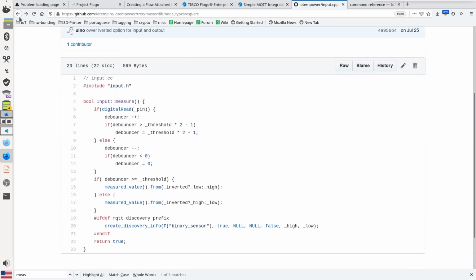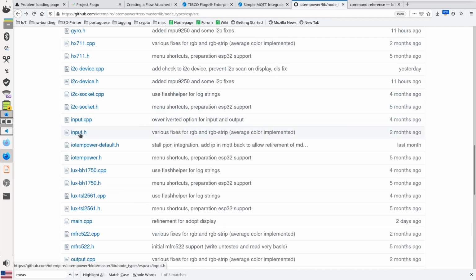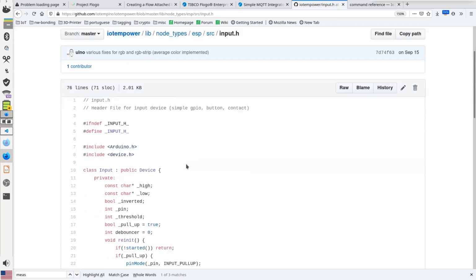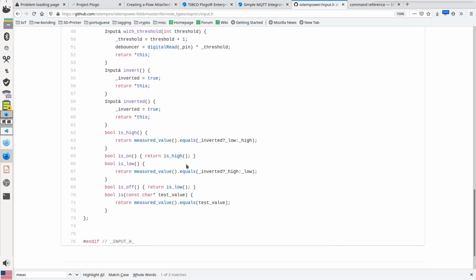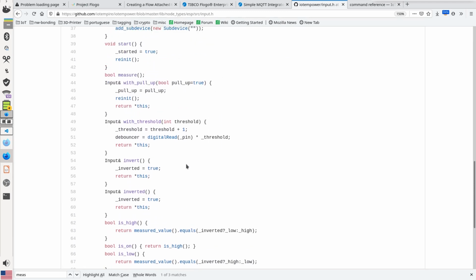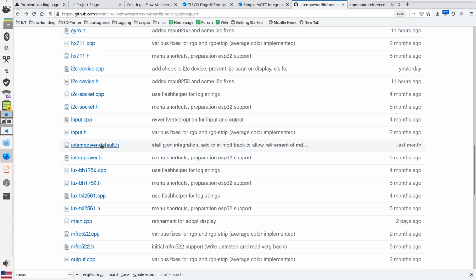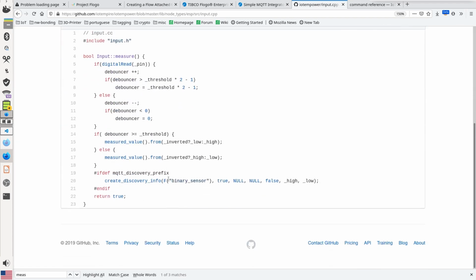And now input here. So in input we do override measure. And see, that's what it does. It has a debouncer built in, and basically, finally in measure, we